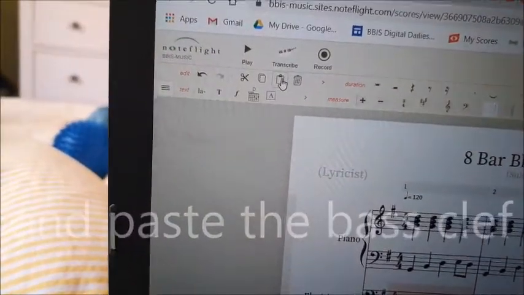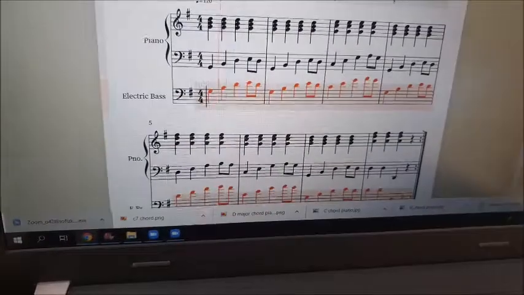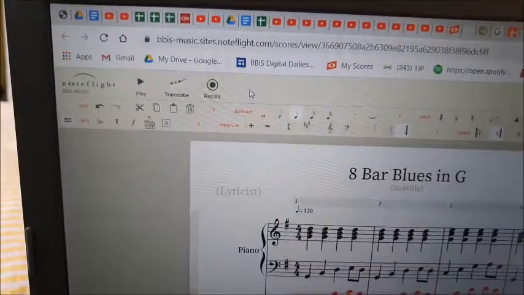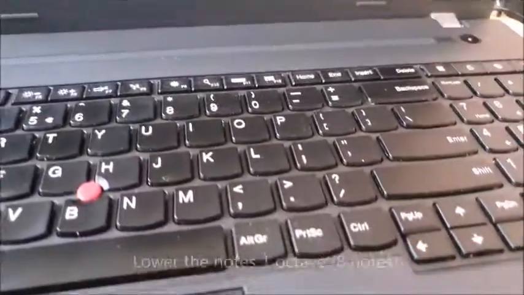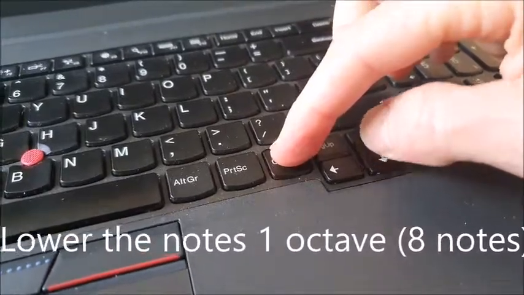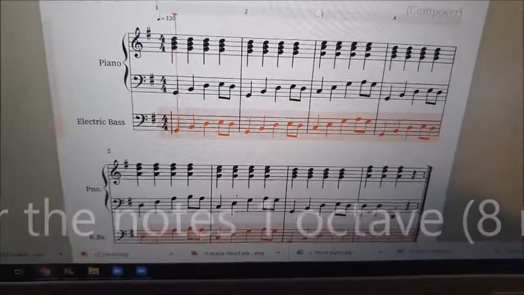Also, and now the bass part is played here. Except I want it to be an octave lower. And then I can do Control and down arrow at the same time. And then everything goes down an octave. So now it's